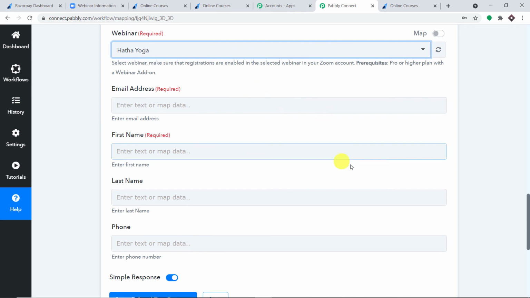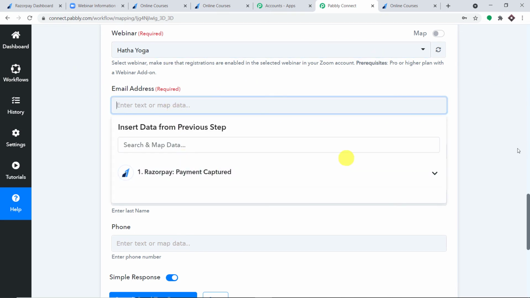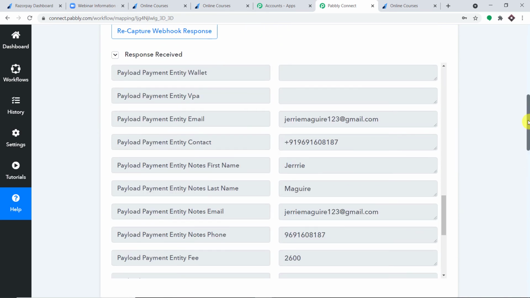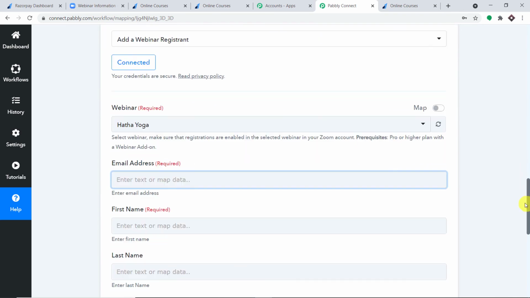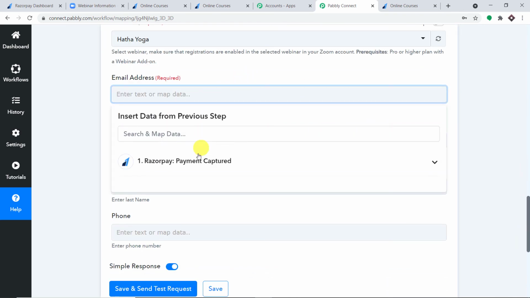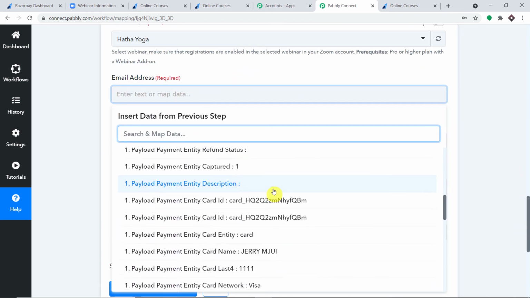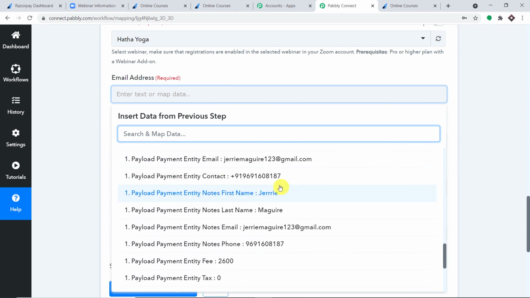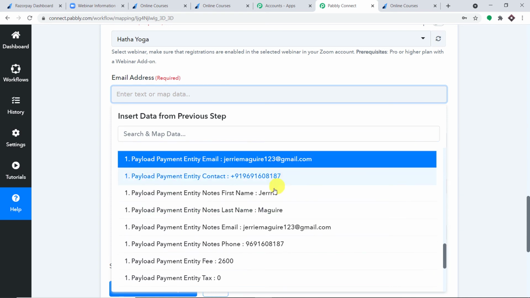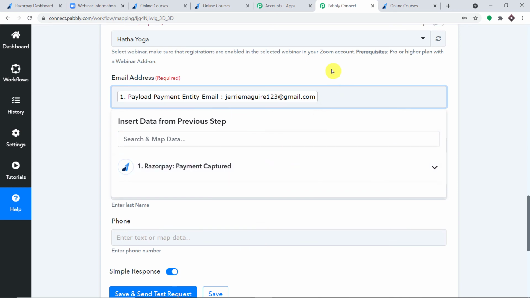We basically map all the details one by one. So we have the first field, that is email address. We click here, and remember this is the data that we want. Jerry Maguire. Okay, so this is basically the detail that we want. We are going to map this particular detail here. So let me click here, and Jerry Maguire. Okay, this is the one we want, and we have mapped it.